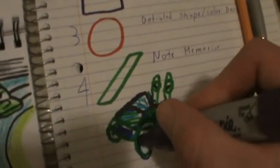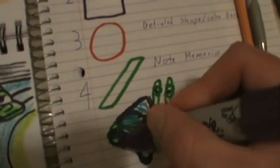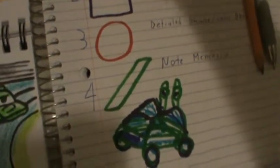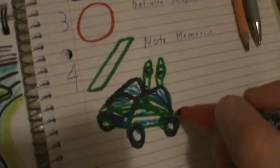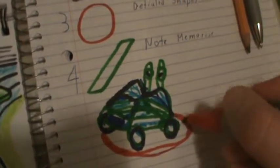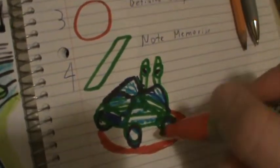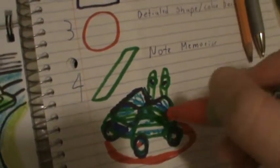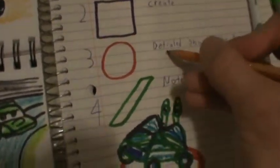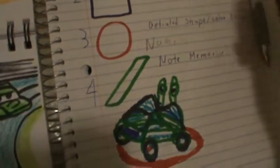But then of course this character right here kind of looks like Wall-E in some way. I guess you could say this car character kind of looks like Wall-E, but other than that, I don't know if it looks like anything too much like Wall-E. But anyway, you do a circle, and then the circle could represent the spot for the character, between the Cars character and maybe the character of Wall-E. The guy right here is for the Cars, and then this character right here is like the 4 easy steps. If you want, give the car a name, and I guess I would probably say